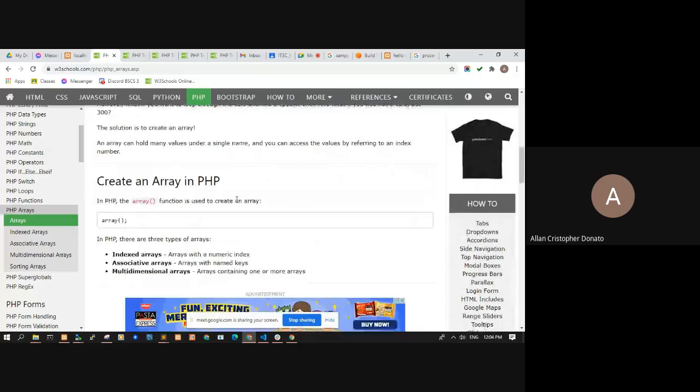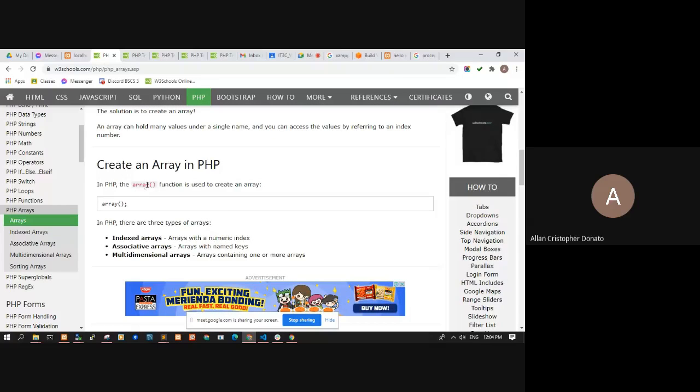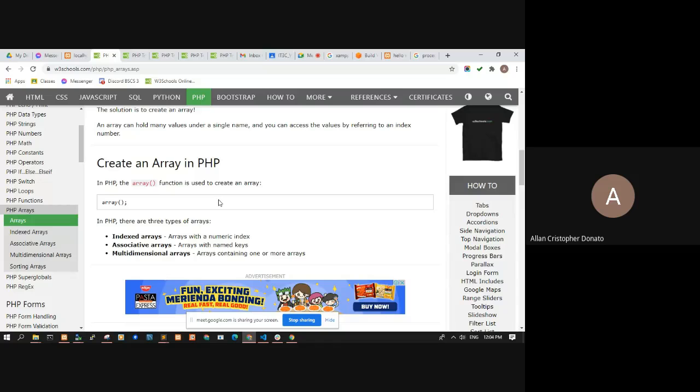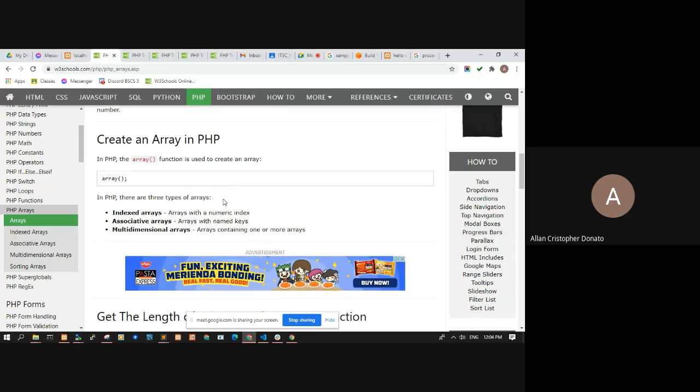So, to create an array in PHP, we use the array function, although it's optional. As of, I think, PHP 5.6, they introduced the shorthand array definition. In PHP there are three types of arrays.